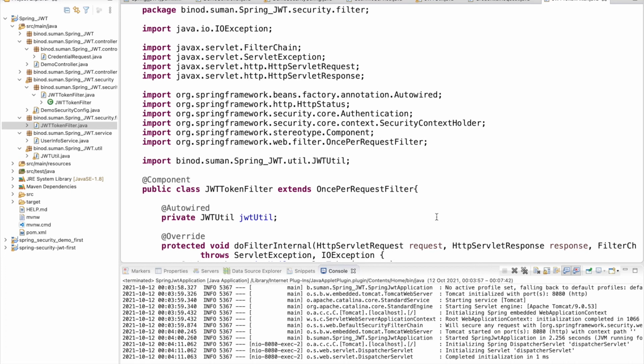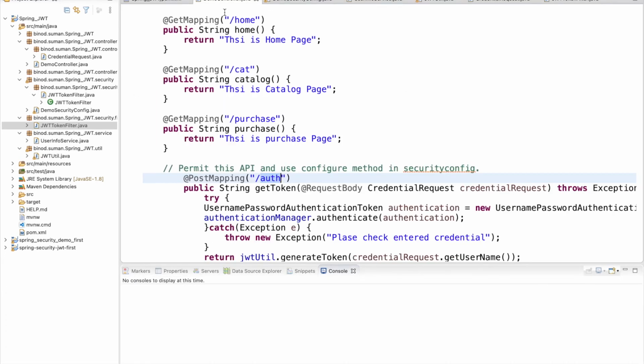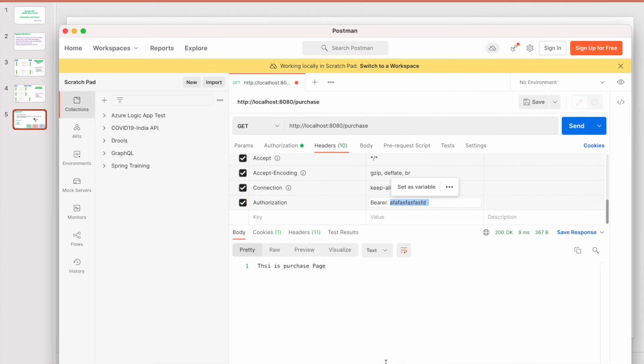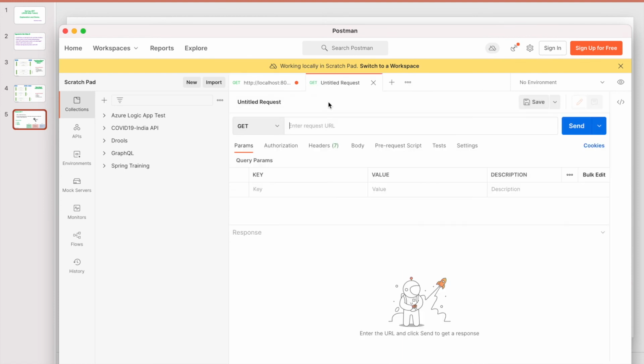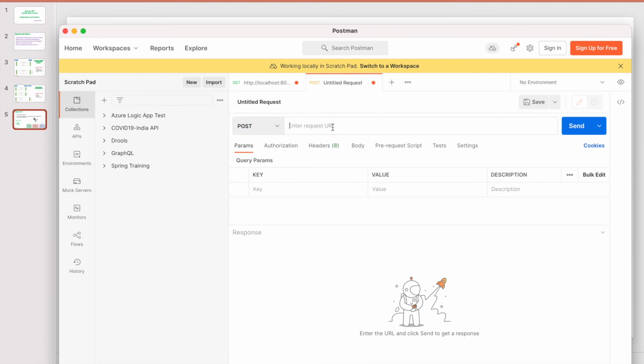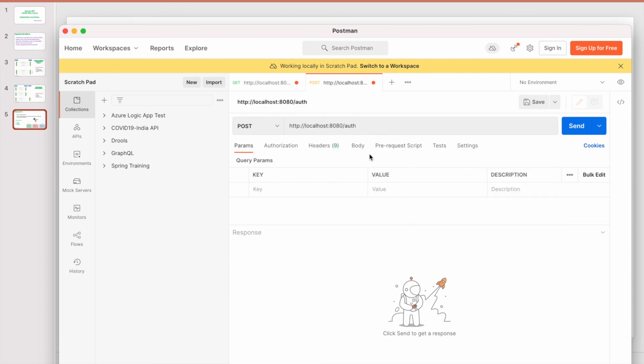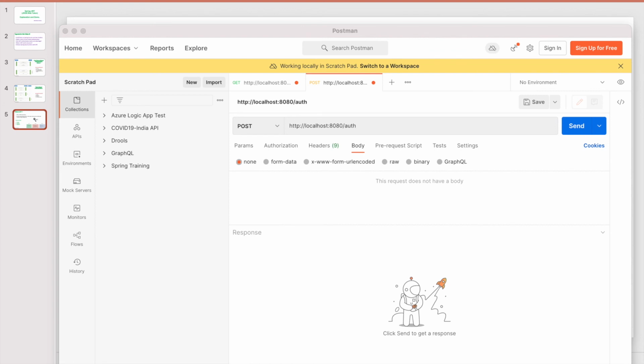Okay, now we will run it again. So we will remove that and go to the controller. First I have to hit this auth to get the validation token, right? So come here and we have to use another one. This is the POST, because we have to pass the credential, right? Localhost auth, and go to the body here. In body we can pass the username, password. So go to the raw here,